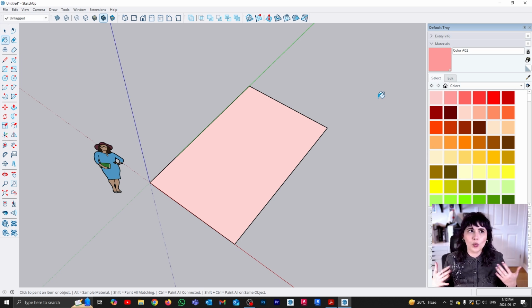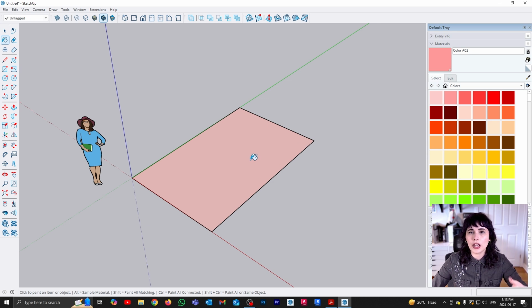Now we're going to explore in what kind of scenarios you would want to have a face that has two different materials on each side. But for the time being, keep in mind that when you apply a material to a face, that is one side of the face. You may or may not want a different material on the other side of that face. Now, following on applying materials, there are some best practices,